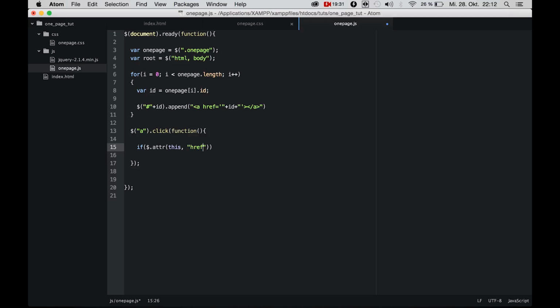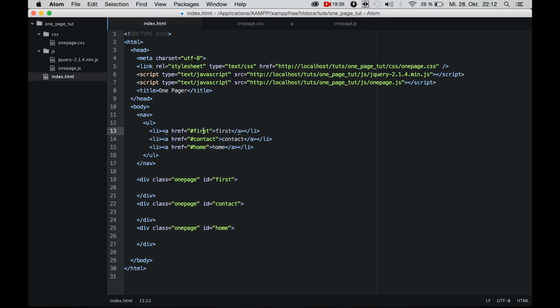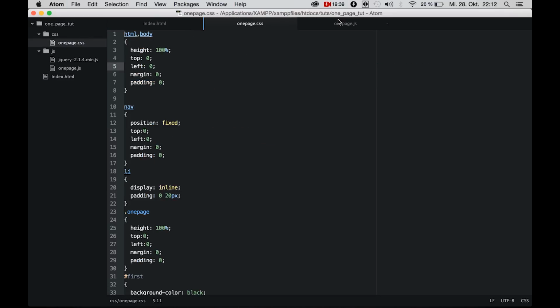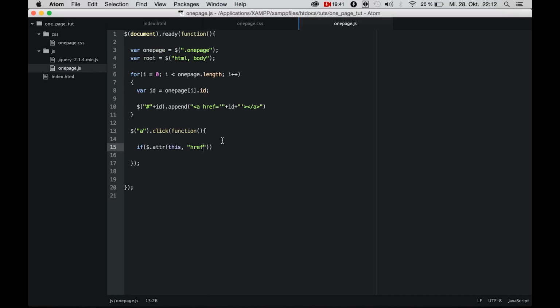So when we click the first item, we will get the thing that's in href. And we say if the index of this is not -1, so it should exist,